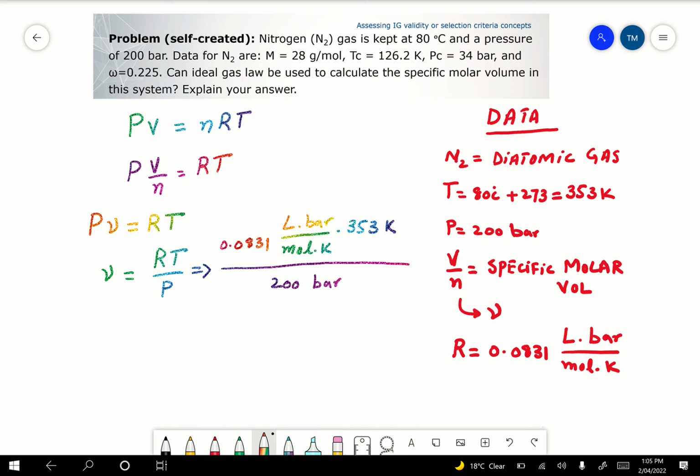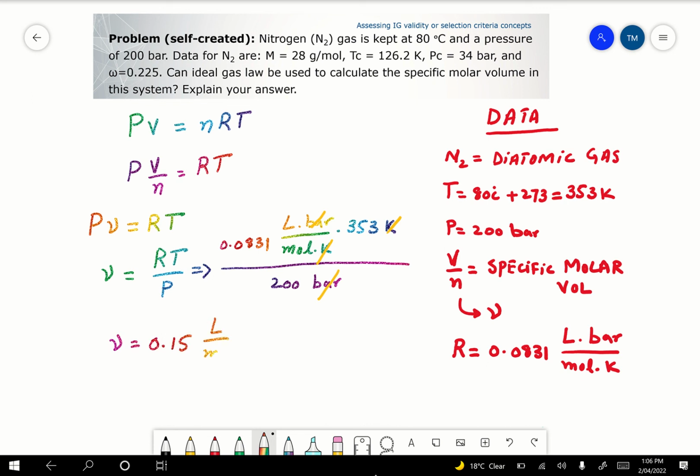Now I have put in all the values, so I can cancel a few of them. Bar cancels with bar, and Kelvin cancels with Kelvin. So now we get specific molar volume as 0.0831 multiplied by 353 divided by 200, and the specific molar volume answer we get is 0.15